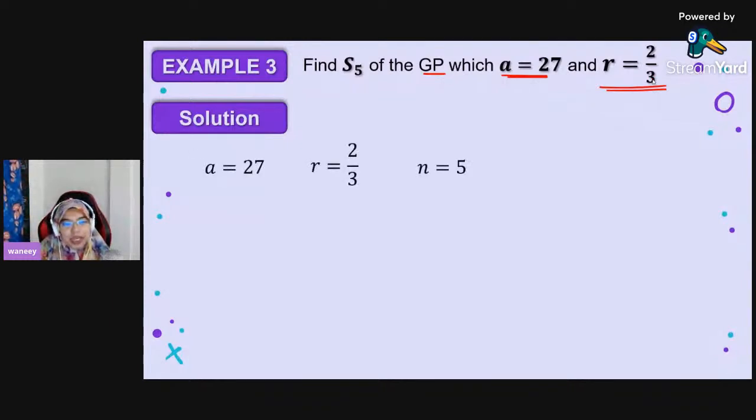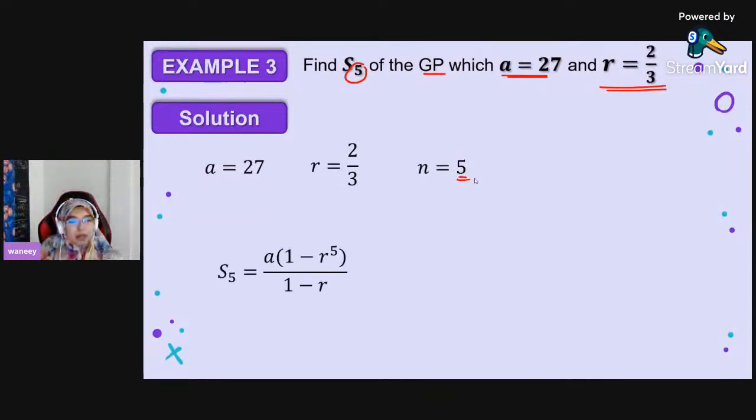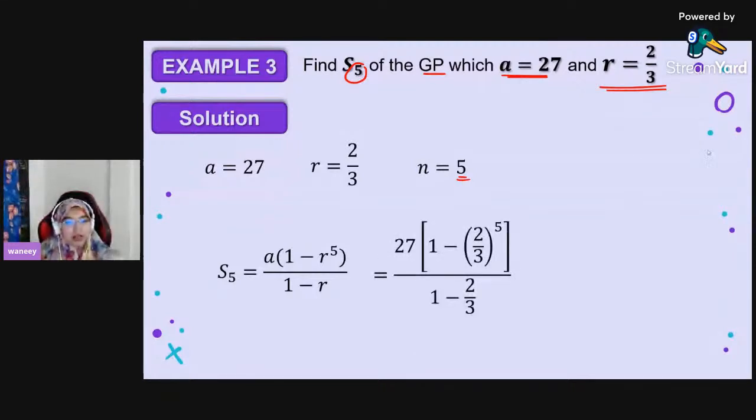Okay, so a is 27, r is 2 over 3, and since this is S5, that means the value of n is equal to 5. Right, so use the formula. We are going to substitute n with 5. So a(1 minus r to the power of 5) over 1 minus r. Okay, so now substitute the value of a, substitute the value of r in. So we are going to get 27 times (1 minus (2 over 3) to the power of 5) over 1 minus